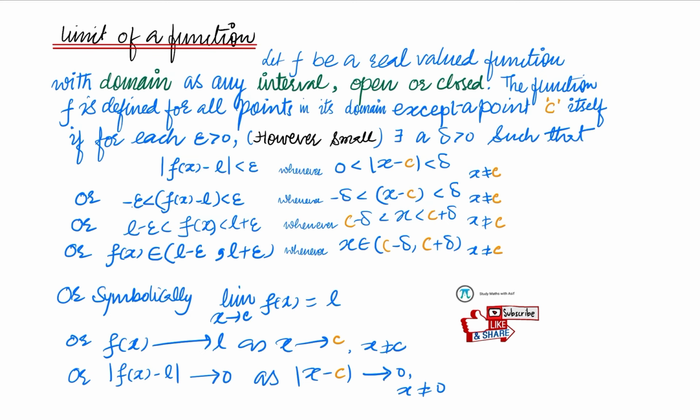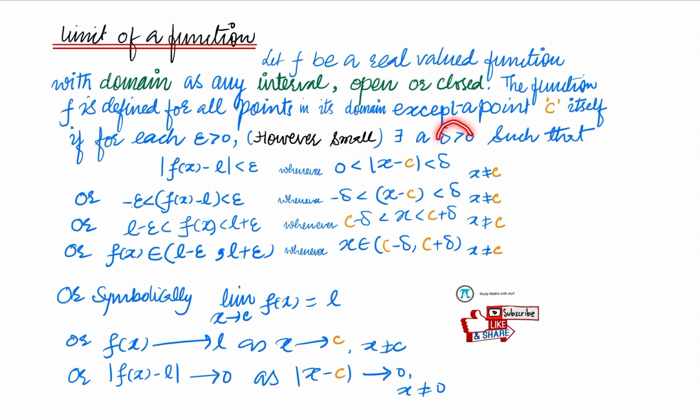So for a given epsilon positive, this is a very small number. Positive means it is not 0, that's it, but close to 0. You can appreciate it by considering several examples, 0.9, 0.0000001, like this, 0.0000 and so on. Epsilon can be that small a value. It is that much small. That's why it is written "arbitrarily small".